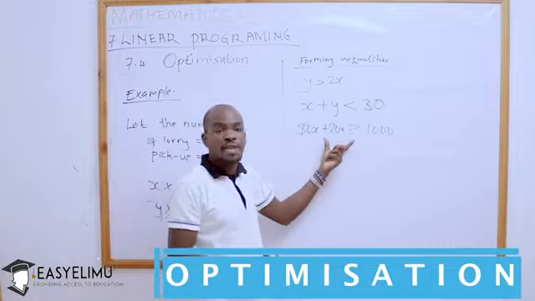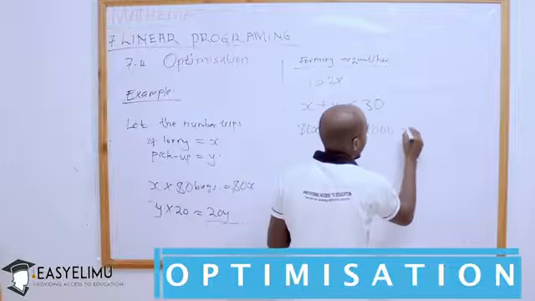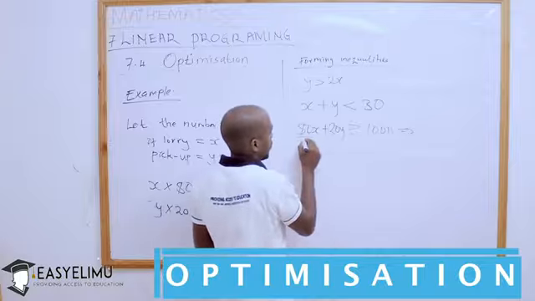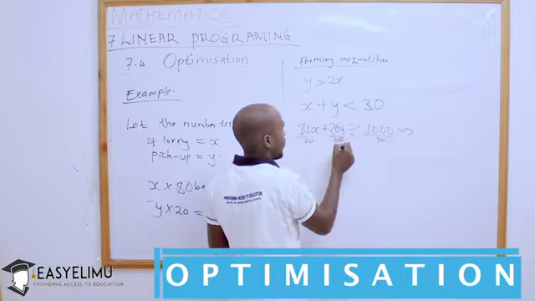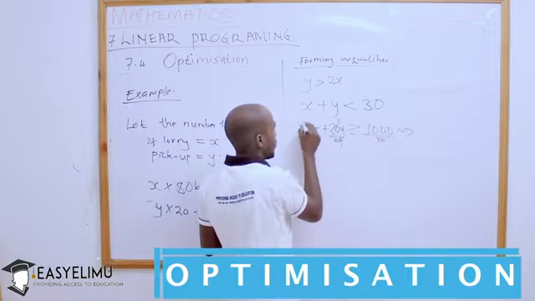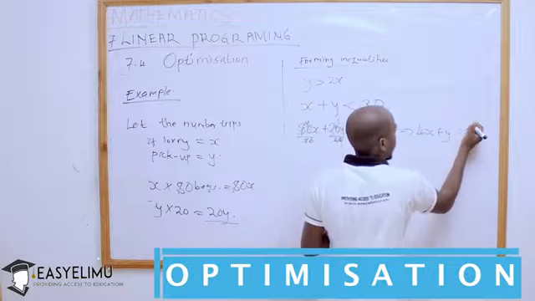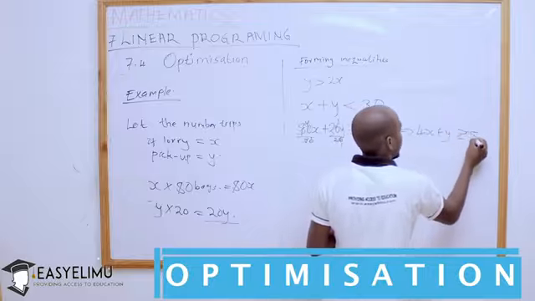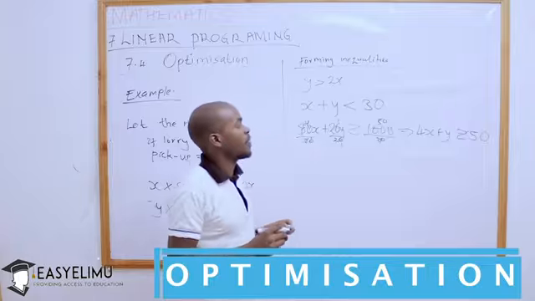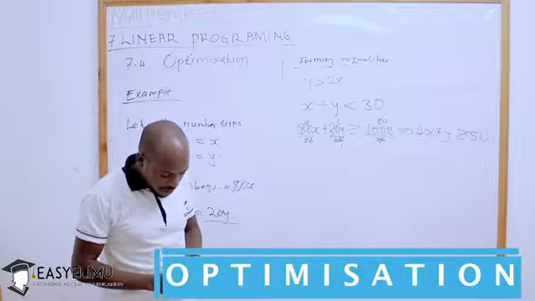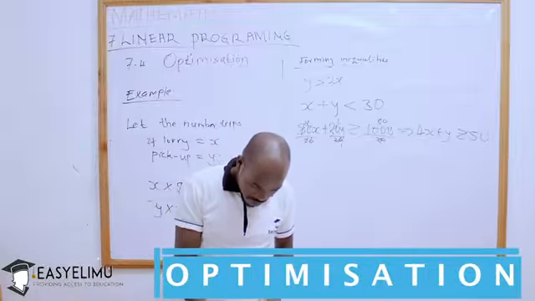If you simplify this inequality, you can divide both sides by 20 to simplify it further. You will have 4x plus y is greater than or equal to 50. So we have found that inequality. And at the same time, we have been told that